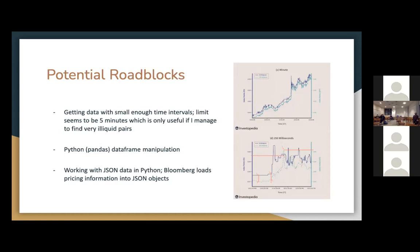This is an example. It's very blurry, but this is exactly what I was talking about with the S&P example. Again, the dark blue line is the S&P index fund, and the turquoise line is the bundle of 500 stocks. And this is on the second scale. It's hard to see, but the price discrepancies are pretty close, and they correlate. The gap between is likely just transaction fees that stack up if you are trying to capture this,